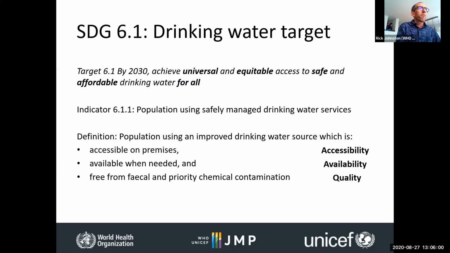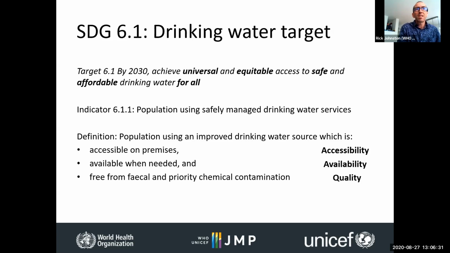Well, I think everyone knows SDG target 6.1. We have this indicator of the population using safely managed drinking water services, which builds on but goes well beyond the MDG indicator of use of an improved source of drinking water. And specifically, there are three new elements that are added, which come from the human rights criteria of accessibility, availability, and quality. So for safely managed drinking water services, people should get their drinking water from an improved water source,